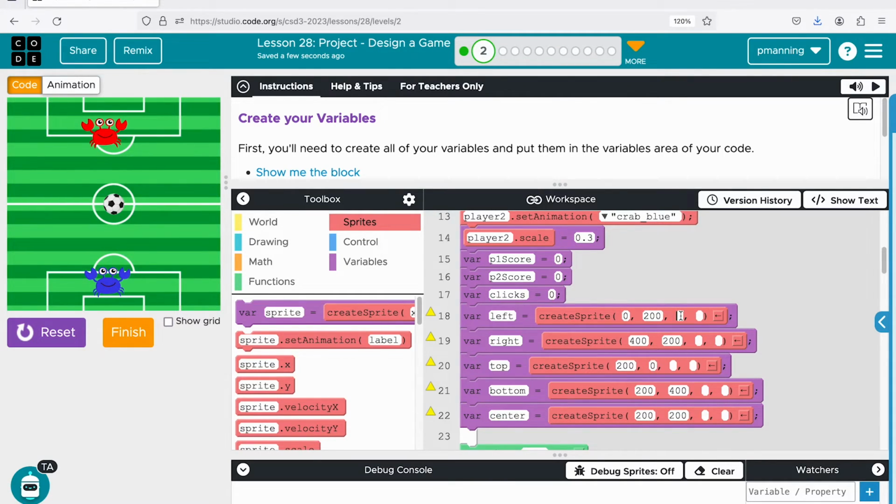Okay, so I want left to have a width of 1 and a height of 400. Right, I want a width of 1, a height of 400. Top, I want a width of 400, a height of 1. Bottom, I want a width of 400, and a height of 1. In the center, I want a width of 400 and a height of 1. Okay. Now if I reset and run,